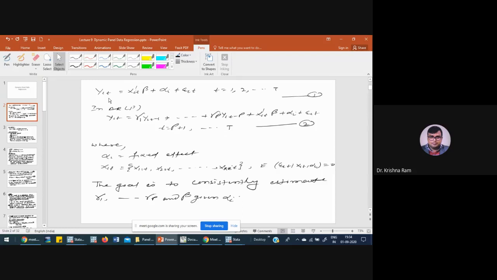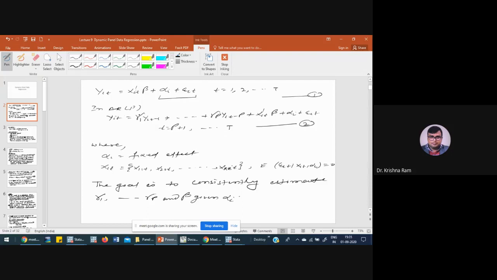So in a basic panel data regression model, this one is the composite error term, alpha_i plus epsilon_it. In case this alpha_i is correlated with any of the explanatory variables, we get biased and inconsistent estimates. To get rid of that problem in a basic panel data regression model, we use either fixed or random effects. In a dynamic case,